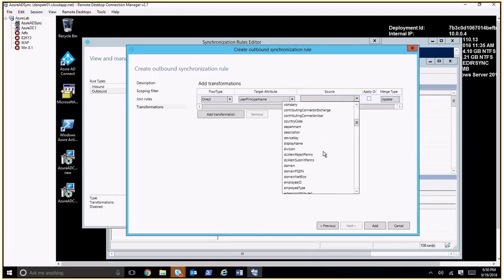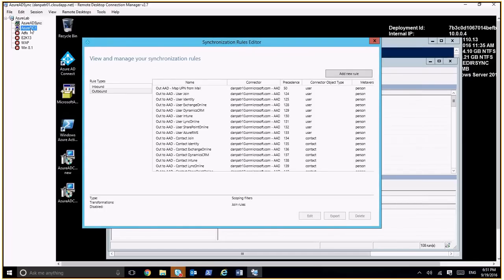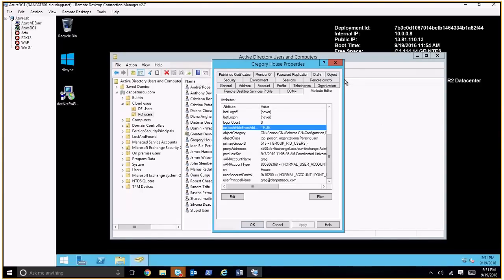So I don't recall exactly if it's listed here under email or under mail. I think it's under mail. Yes, it's under mail. And so in this case, we have decided that if a certain user has a value for department set to finance, then in that case, please, when you synchronize the user, use the email attribute and set it in Azure AD as the user principal name. So I would simply like to add here. Click add,